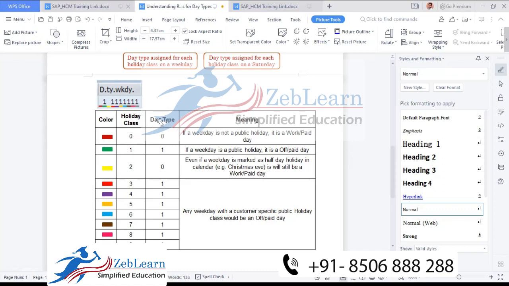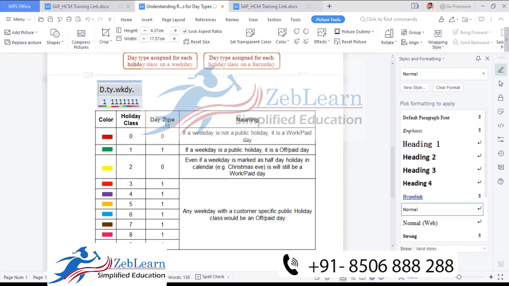Now when I come to day types, day types indicate which day is which. First I have created Independence Day as a full day holiday and Christmas evening as a half day holiday. We have created this in the system, so the first requirement is fulfilled. Now the second requirement from the customer: Independence Day is a full day holiday, which we assigned during creation of the holiday class, and Christmas evening we created as a half day holiday.